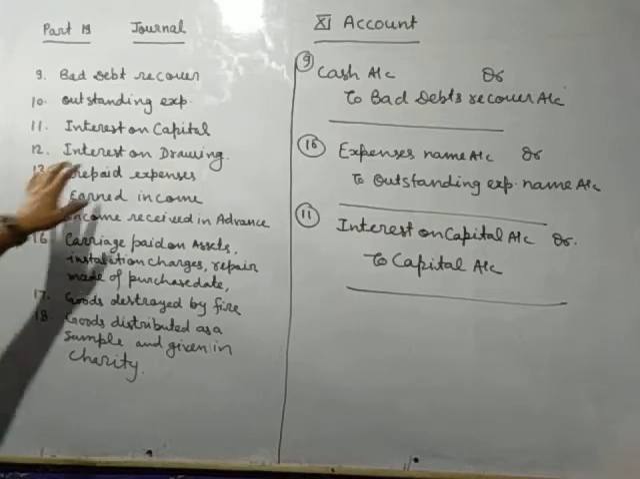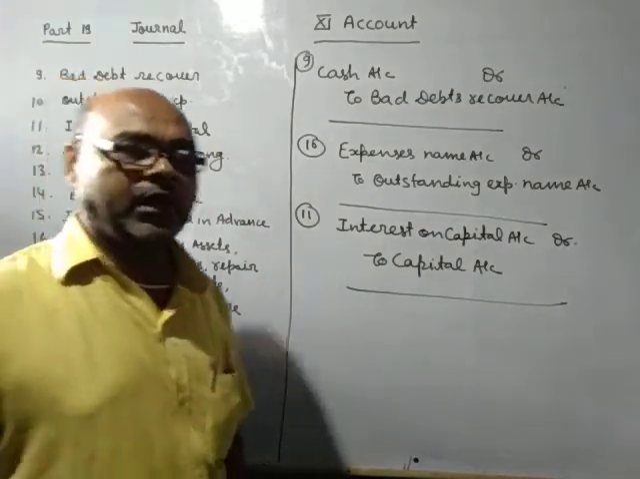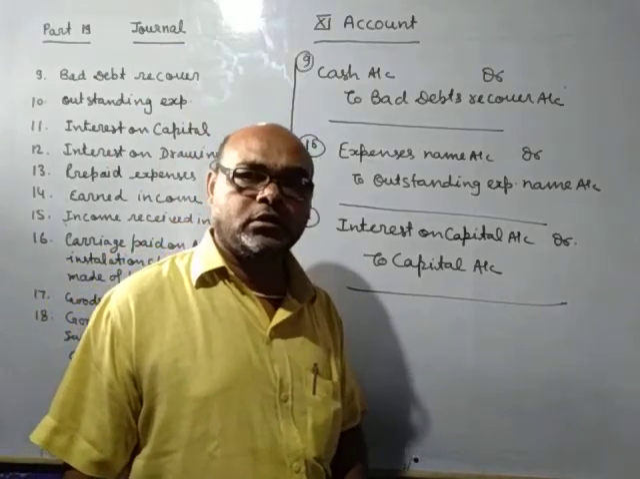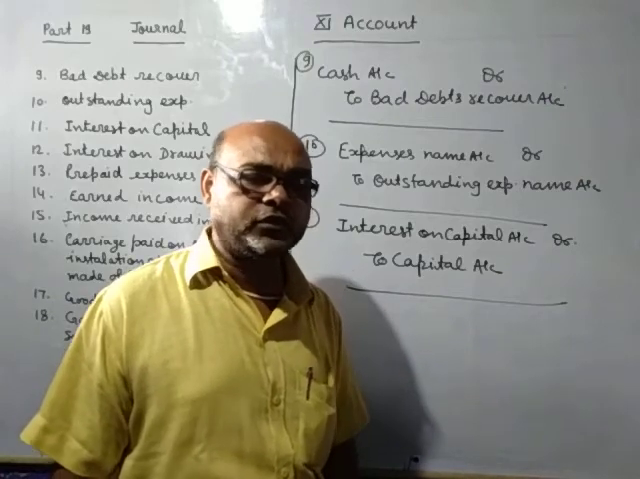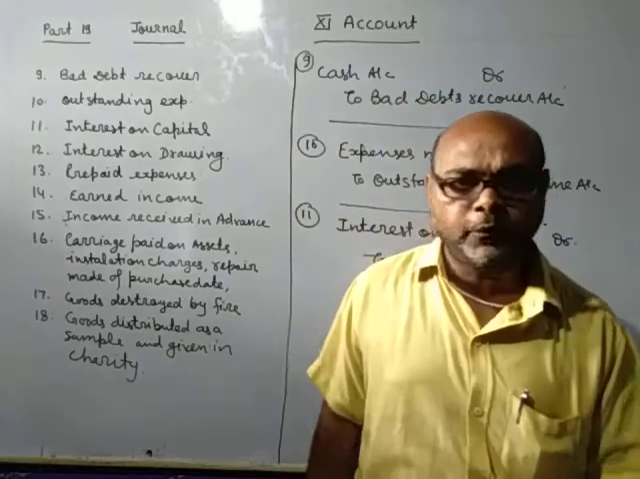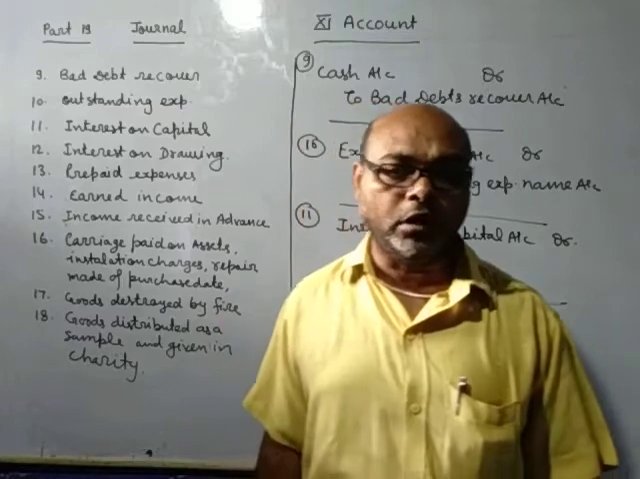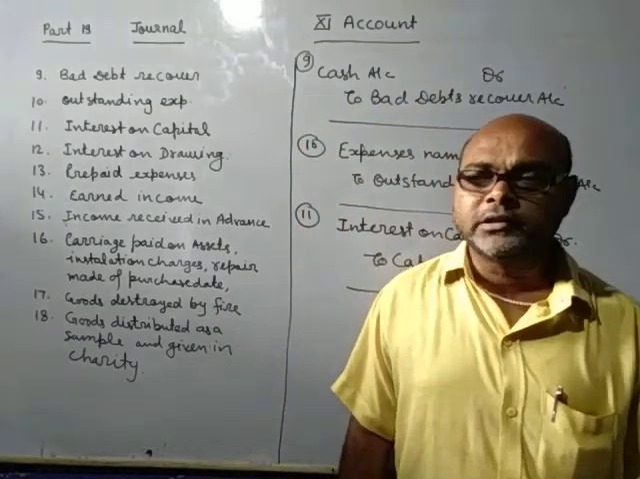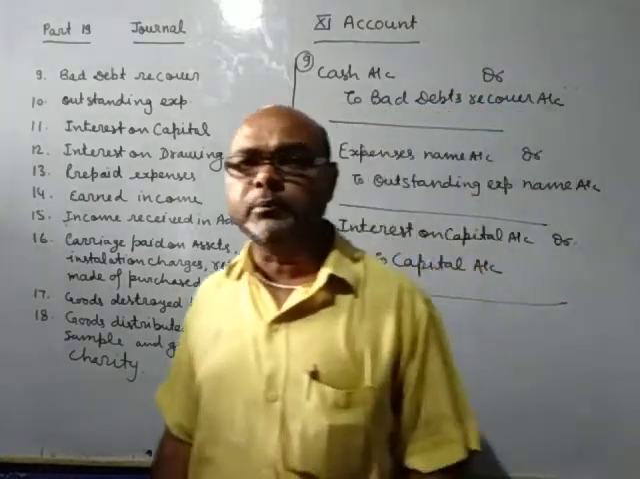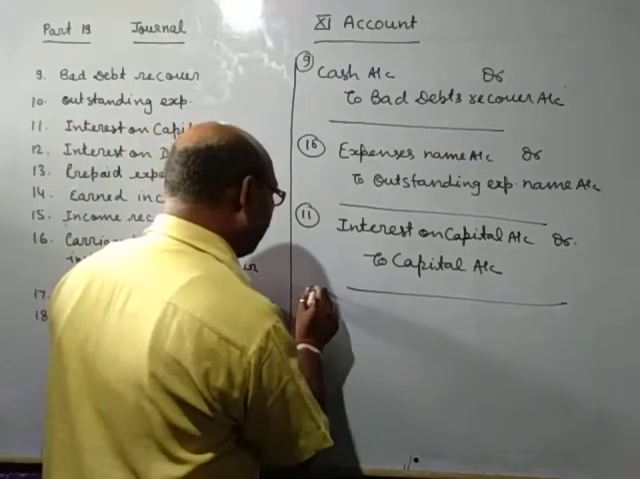Next is interest on drawing. On the same concept, if the owner has withdrawn money for personal use, this is like an investment for the firm, and the firm has the right to take interest on this amount. Because the firm is going to pay interest on capital, the firm will take interest on drawing. So this is income for the firm, and for this you will pass the entry: